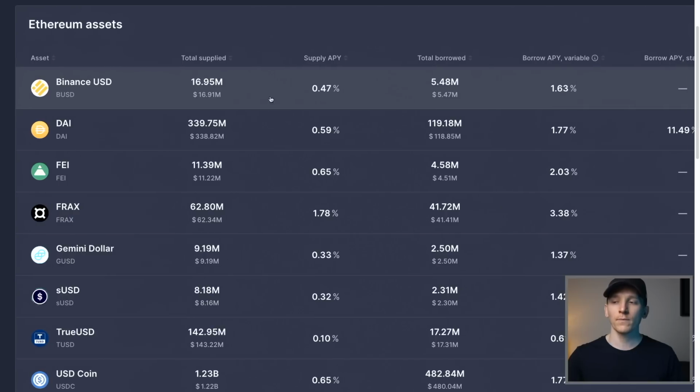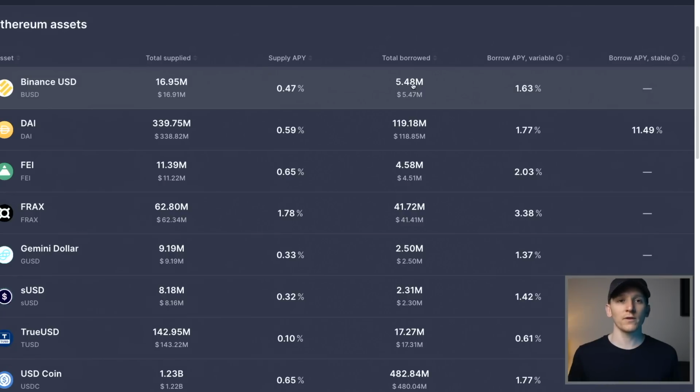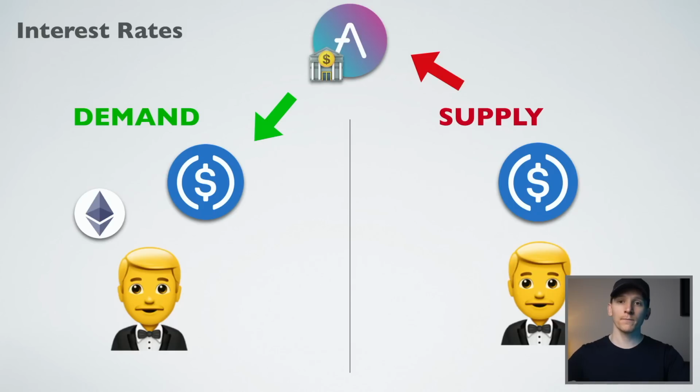So this is a stable coin. If you supply, you will be getting 0.47% as an interest rate. Really, really low, not very competitive, but there are way more assets on here. You can see the amount borrowed in the market is around $5.5 million. So people are borrowing $5.5 million worth of Binance US dollar and putting up some sort of other collateral asset, maybe Ethereum or some other asset they want to keep, but they want to borrow dollars against. This market is simply an open, free money market where supply and demand match up to attain some interest rate that the protocol will determine.